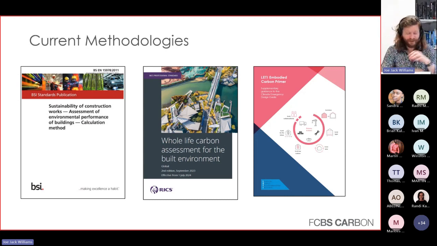If you're really interested and like a dry read, there's BS EN 15978 on the left, the standard that underpins them all. I very rarely read it. It's not that interesting. It's not very intuitive. In effect, it sets up the framework, which the other documents fill out far better. So have a look at it, be aware of it, but I'd look at the other two first. There are loads of other good guides out there, but these are my two go-to guides, if you like.